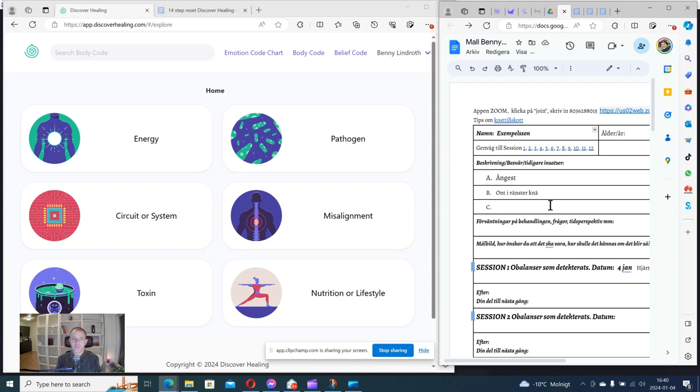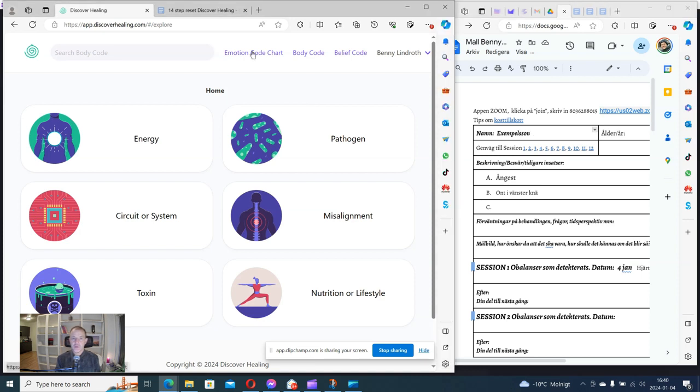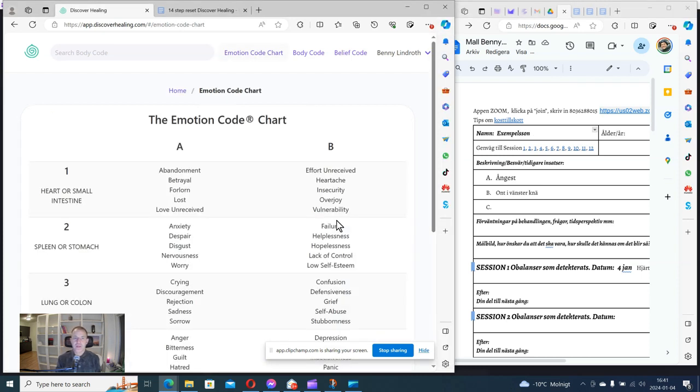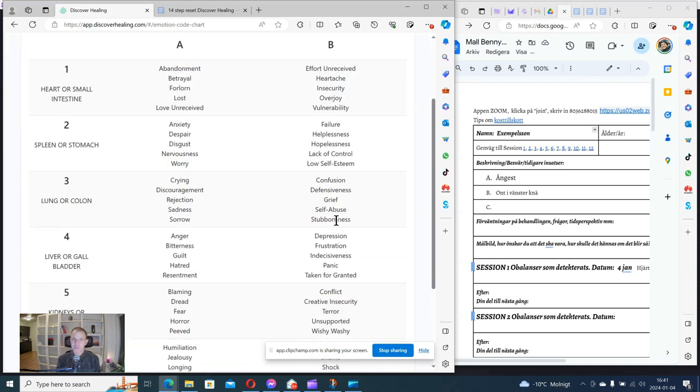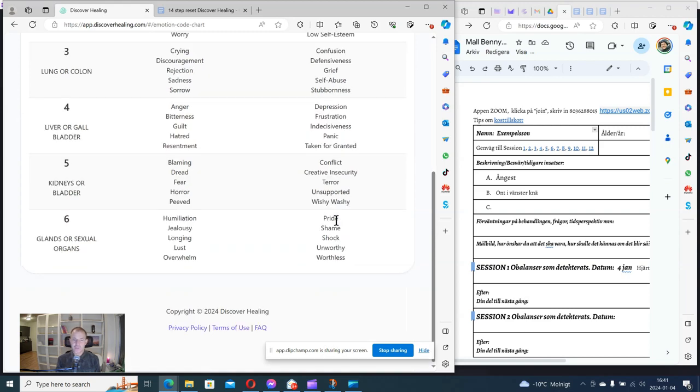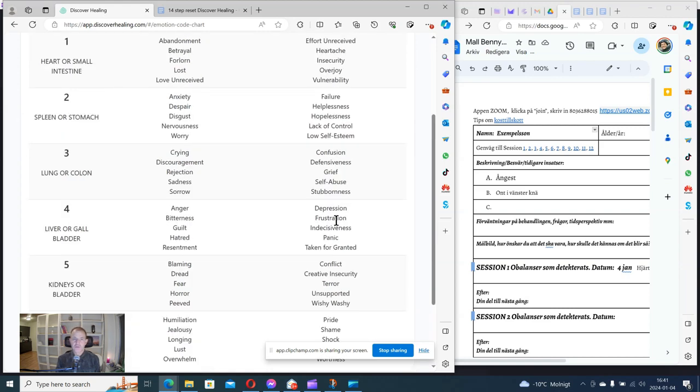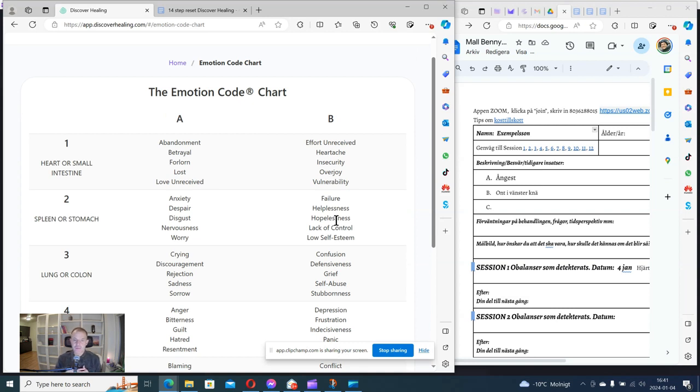First, we have the emotion code, and now I show it in English. But if you download the free app, you can change language, I believe. At least I can change in my web version here. So this started out with asking questions. Are there emotions that have been trapped in the body on that occasion or other things?